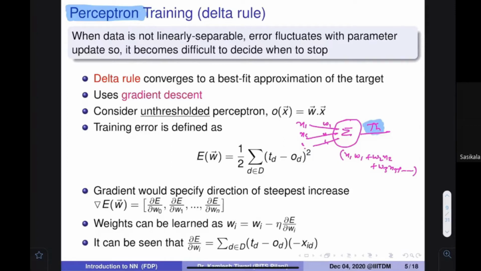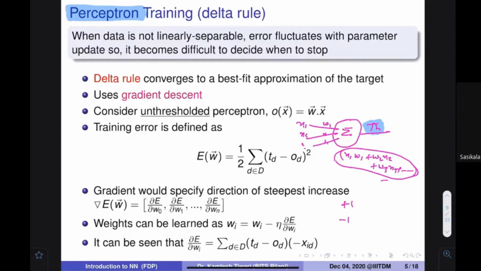There is a question that misclassification comes if we don't apply threshold. Okay, so again the misclassification would come: for the positive item this equation should give me +1, and for the negative item this equation should give me -1. Give me the right parameters in such a way. It is very difficult to find, but I am saying give me the parameters this way. This is the modification I have done. Make sense? So what would be the error?